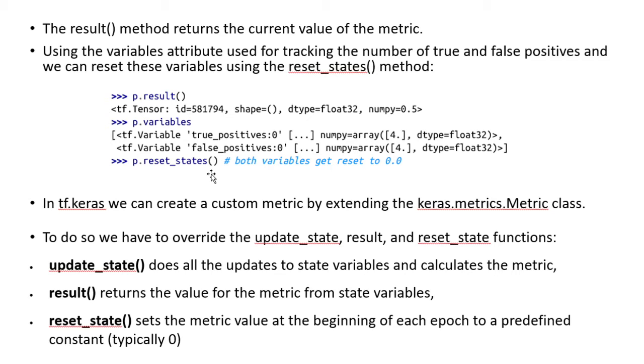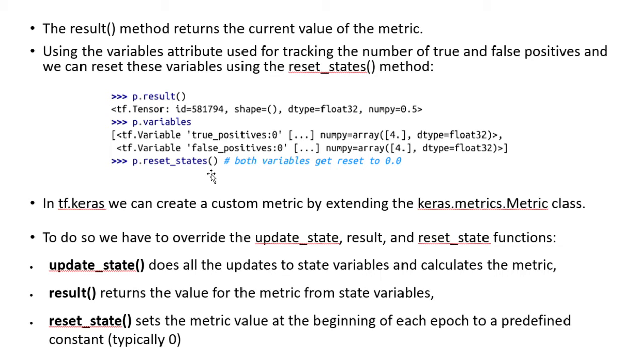Now, with respect to this custom functions concept, we need to create a custom metric. Here we are going to consider a regression example, where this custom metric basically extends the keras.metrics.Metric class. So when we want to create a custom metric, there are 3 main methods which are used: update_state, result, and reset_state.